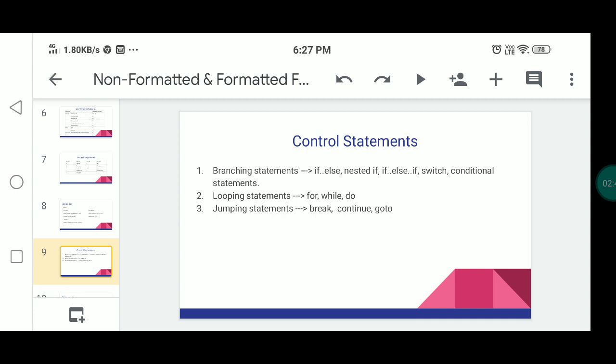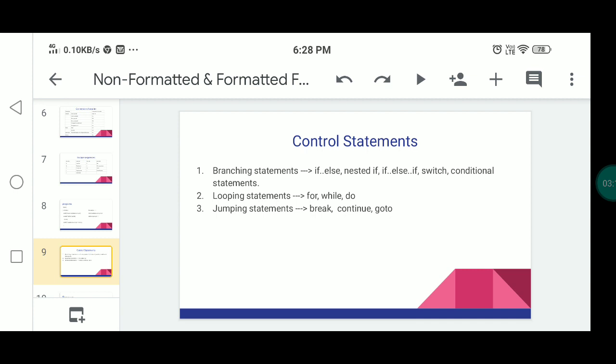Looping statements are iterative statements that repeatedly execute the statements inside. Jumping statements are break, to stop execution, and continue. Then goto is also used; this branching is either forward or backward.